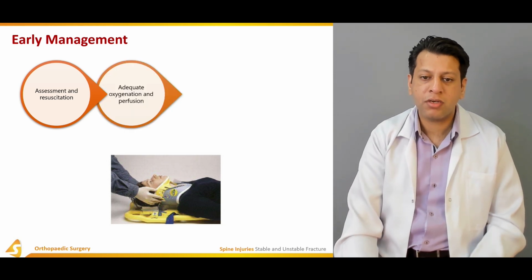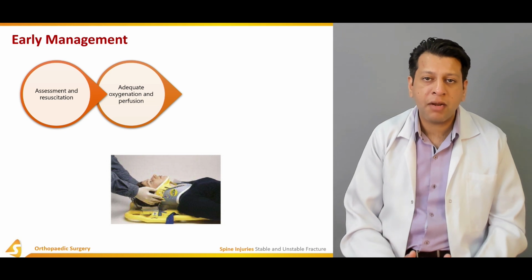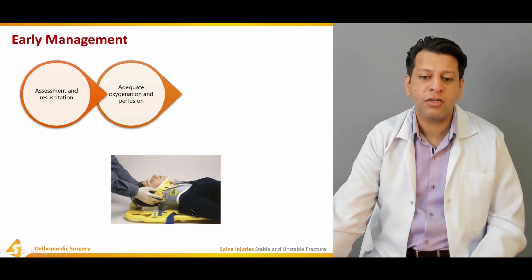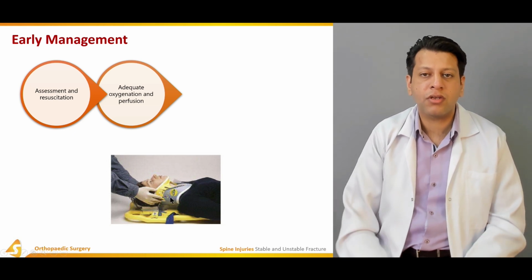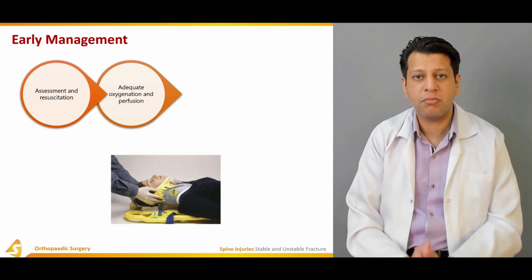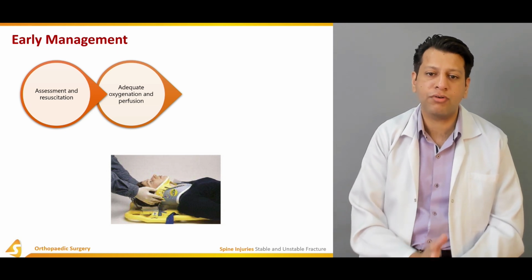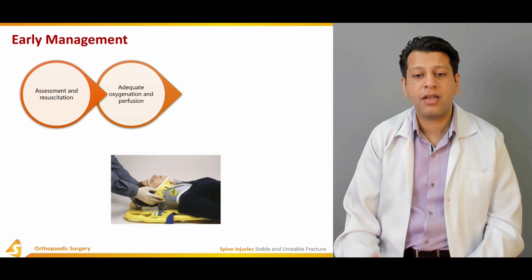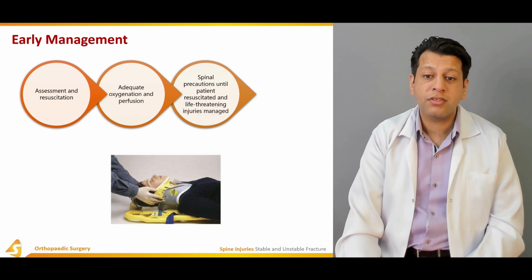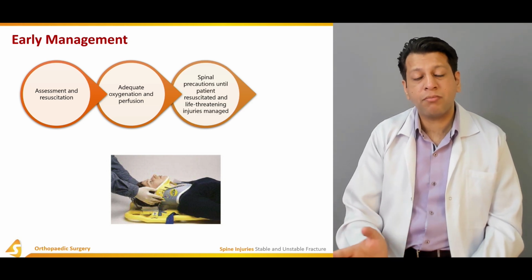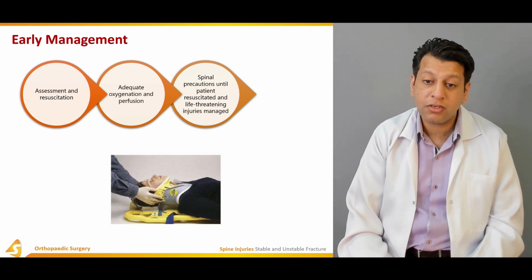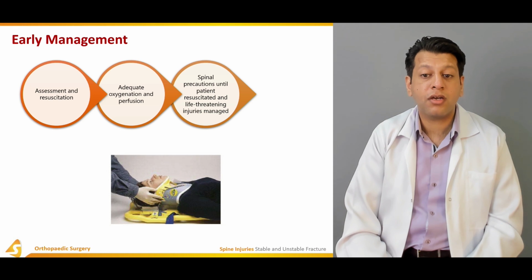And how do we stabilize the cervical spine? By putting sandbags along with it, or applying a rigid collar, or at least putting the patient on a spinal board with the cervical collar in place. Even if there is no injury, initial treatment is always to stabilize the cervical spine and then go towards breathing. Breathing is assessed, and adequate oxygen and perfusion are maintained. If there are no associated breathing and circulatory problems, then when we come to disability, the D, we assess the neurological status of the patient, and spinal precautions are always taken